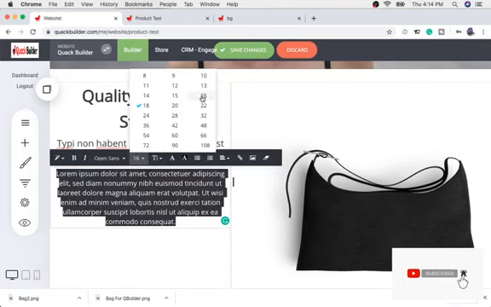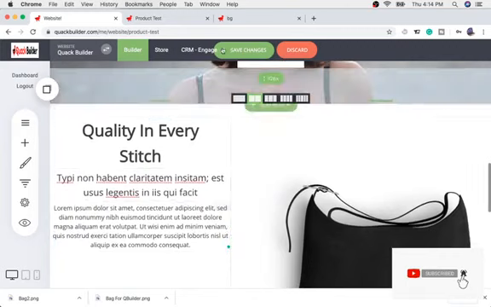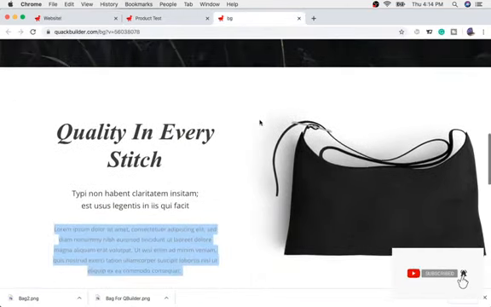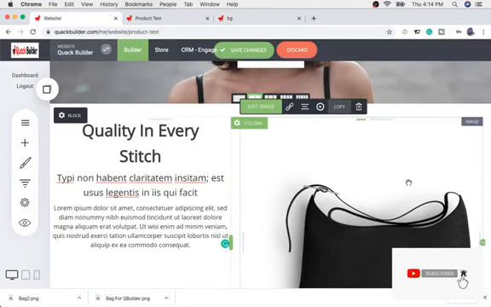I'll just put this one at 16 so it doesn't look too small, okay? And now we just have to make sure it matches just like this one, okay? So as you can see again, the bag is a little bit over the heading text. So I just got to do the same